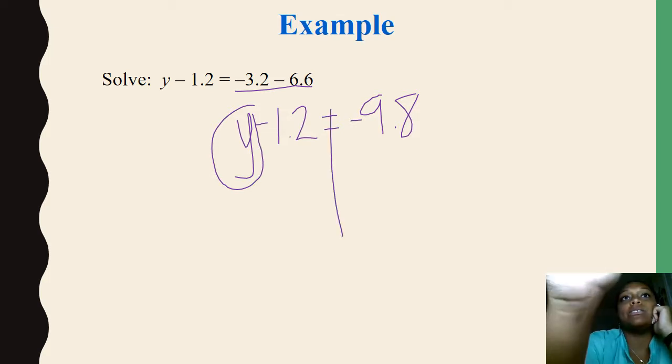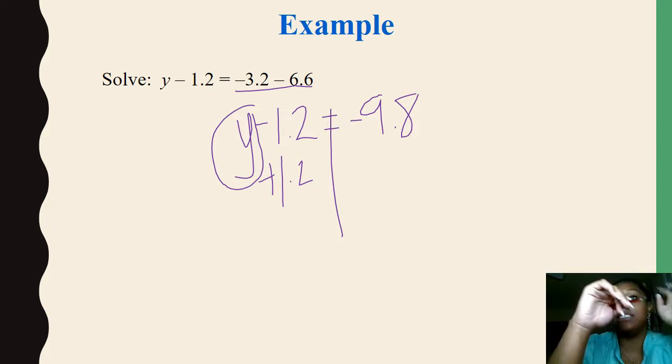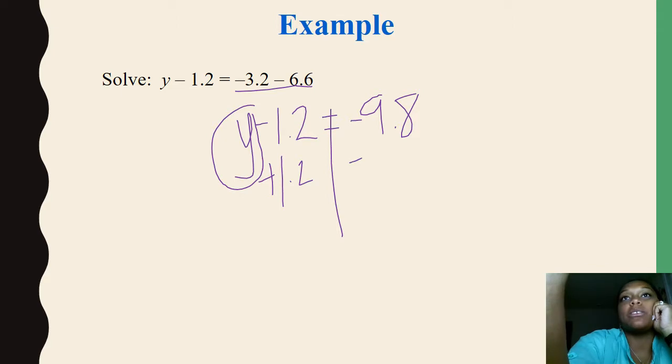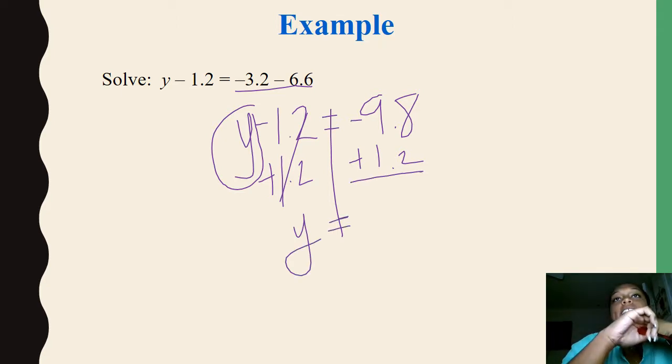So I'm going to add 1 and 2/10, because that constant is initially being subtracted. What I do to one side, I'm going to do to the other side. Please bear with me in this writing. And so when I do that, I end up with